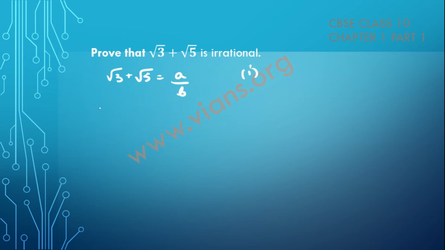If you've noticed in all our previous problems, we've proved that a number is irrational by basically proving that it's a multiple of just rational numbers, or divided by a rational number, or multiplied by a rational number, or just added to a rational number. So it just has rational numbers in its equation. To prove that, what we would have to do is solve this so that there would be just one irrational number in the equation, right? How would we do that? We would square both the sides. So squaring both sides,